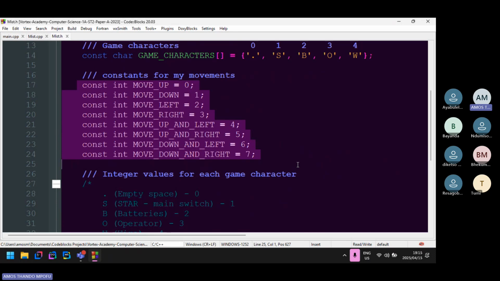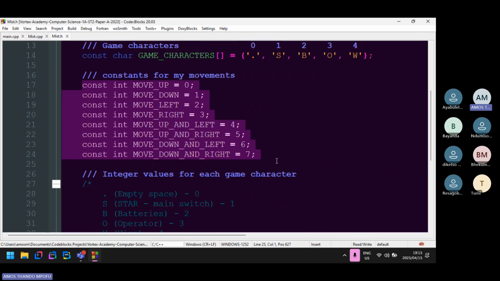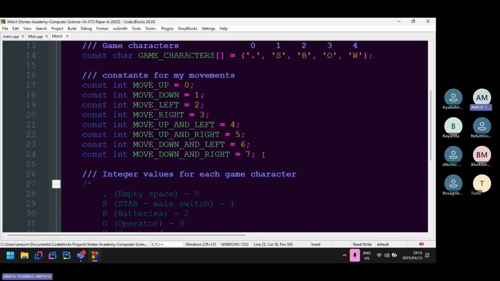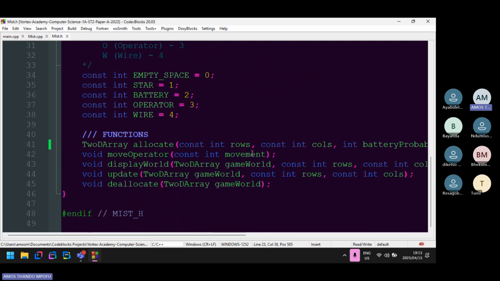Just trust me with the way I'm teaching you that there's a reason I'm teaching it this way. The first game that we're going to make won't involve record structures or enums. It's just going to be basic constants and basic types that you're familiar with. Then the next paper we do will be based on everything. We're going to add everything you've been taught, like enums and record structures. For now, we start with basic. You need to start somewhere. That's why when a child is born, they start by crawling before